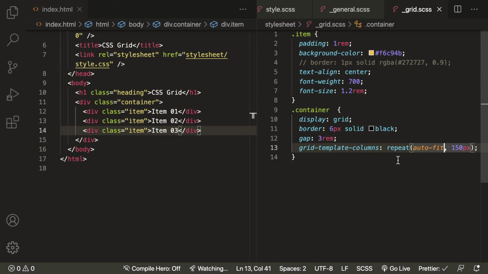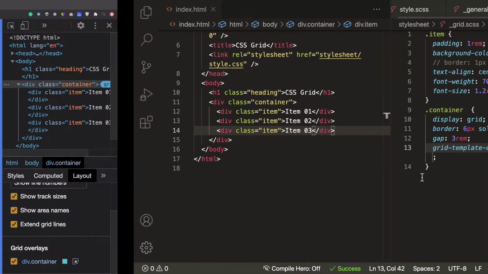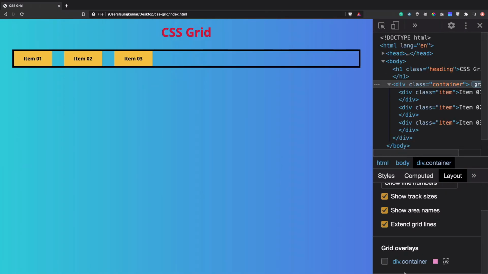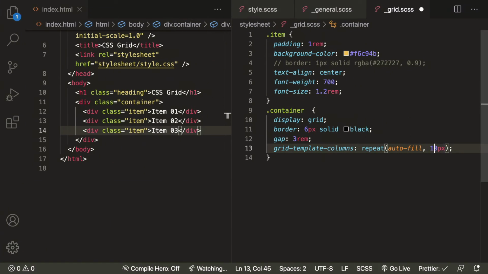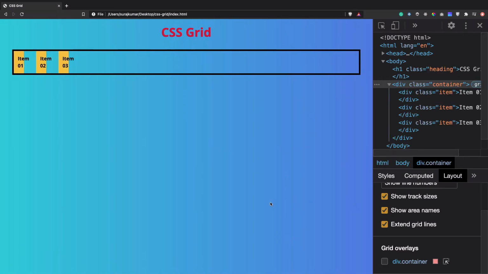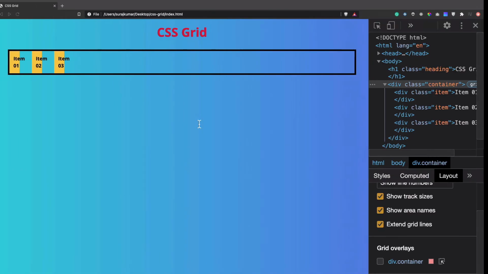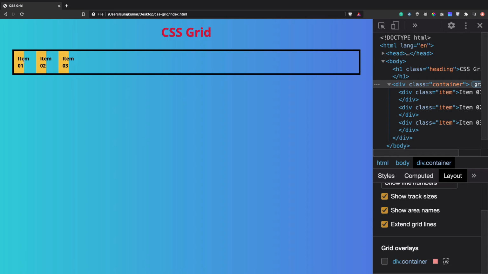Let's understand that. Here we have autofit. Let's get back to autofill. Save this, then give it a refresh. Get those lines and autofill. You can see extra columns are automatically generated here. Say here we just want 40 pixel. Save this, then give it a refresh. Each column now has a width of 40 pixel, and you can see the content inside the column is overflowing.